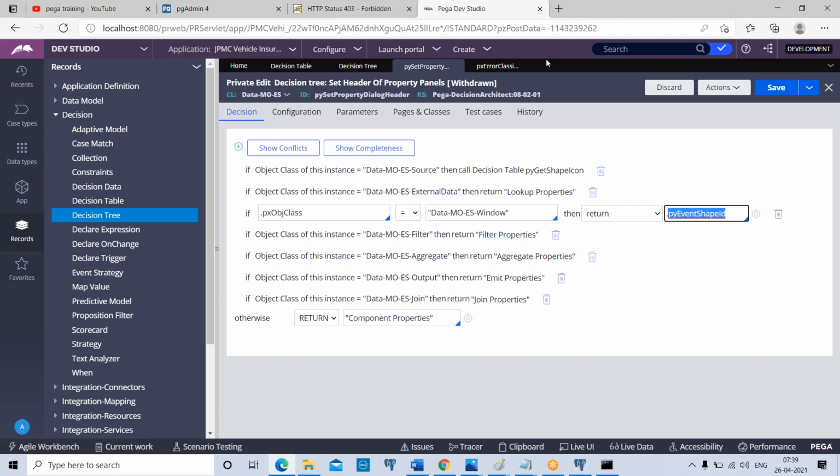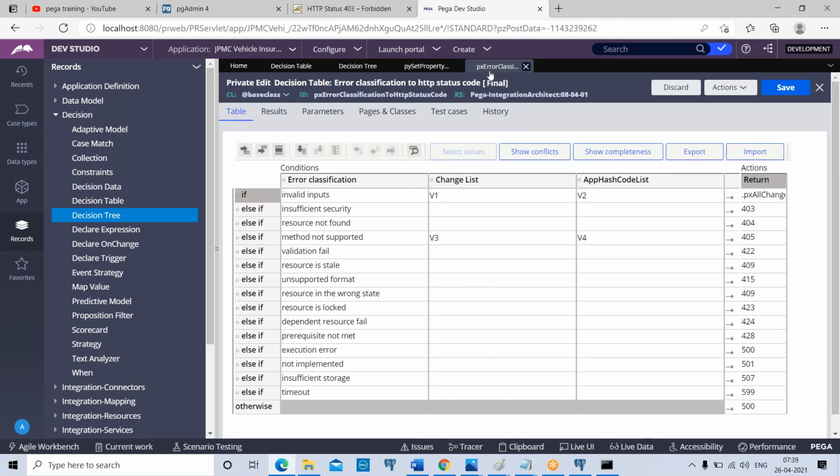Everyone clear? Suppose you're creating a decision table or decision tree and you do not want to give developers the facility to write any return value of their own or choose any property. That means you need to restrict the developers from writing their own values in the returns. They should choose from a drop down.